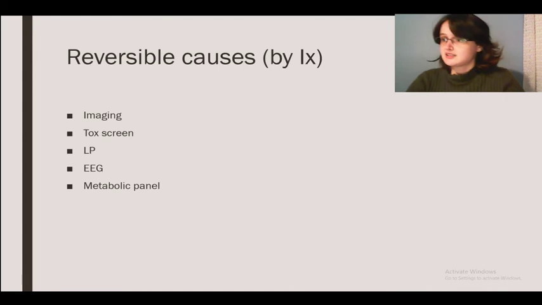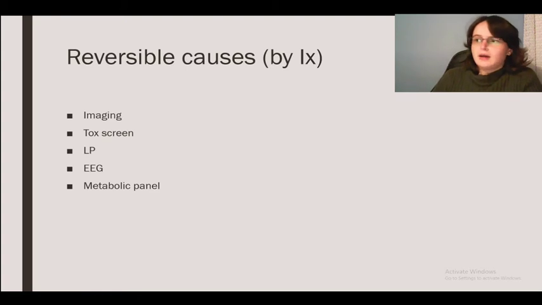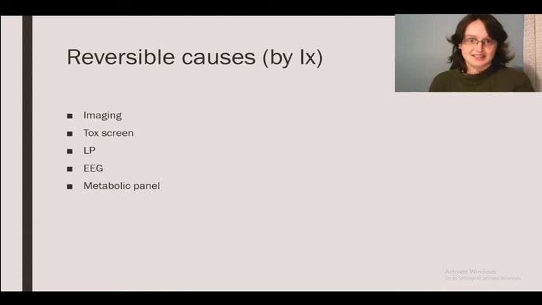Reversible causes is a funny way of looking at it. It's from that BMJ article that I put up before, and it's really intended for your really severe derangements of mental status. That's like up to and including coma. So if you've got someone in front of you who is dropping their GCS, and you're like, shit, how do I DDX this? These are the things that you would do to find reversible causes. Some of them are irreversible causes too, but whatever.